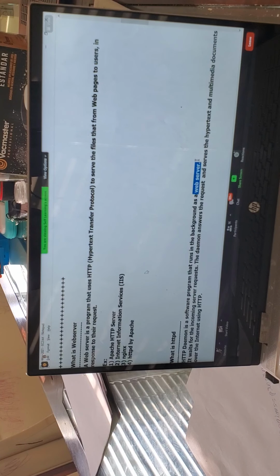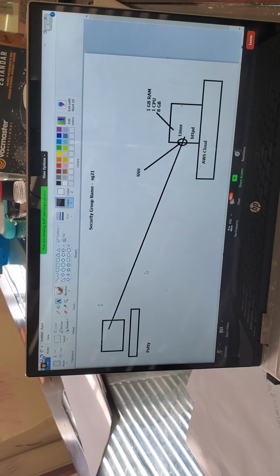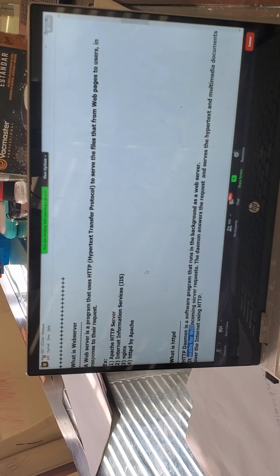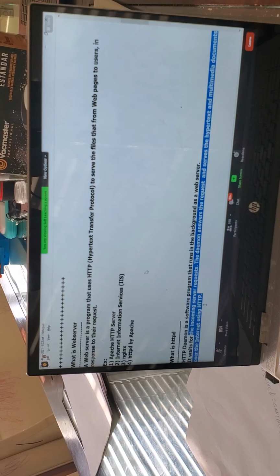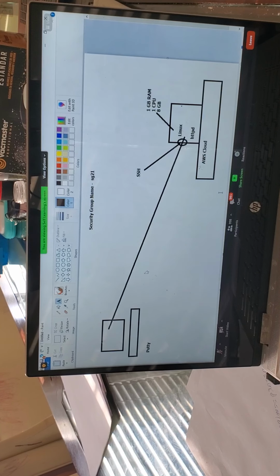What is the web server's responsibility? It should take the request. Agree? The web server will wait for the incoming request. Let's say from you or me, access the web server using the domain name icsabank.com. In response to the request, it will serve hypertext and multimedia documents over HTTP. That's it. So web server is nothing but a program which is running on the Linux machine. It will wait for the request. If anybody requests a particular web page, it will serve the web page. That's it, as simple as that.